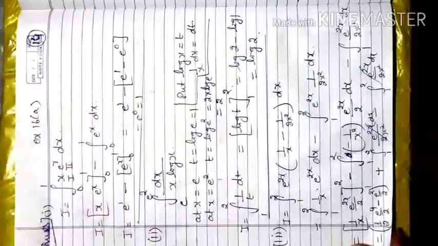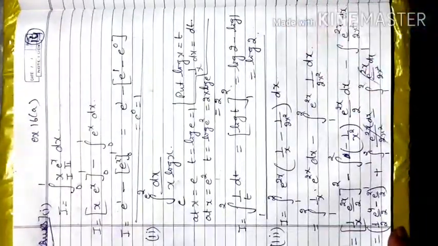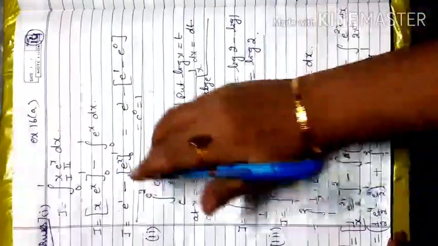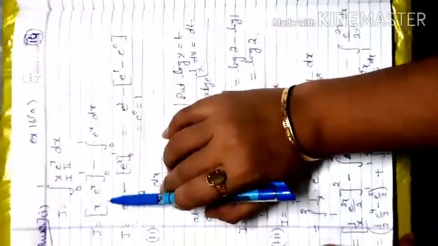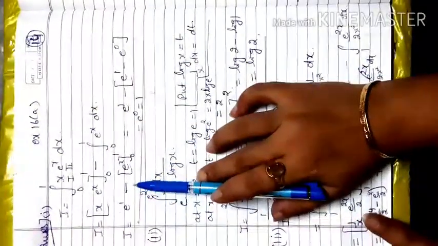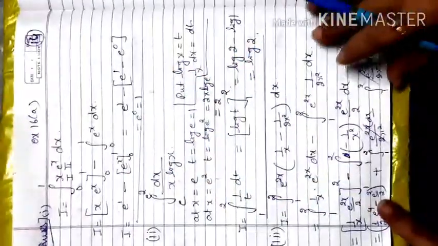Here, your first part, there is some mistake in your statement. There is e raised to power x, it is not 4, it is e raised to power x. Correct your statement. So that is x e raised to power x. When you integrate by parts, you will get e raised to power 1 here minus e raised to power 0, from 0 to 1. So ultimately your answer is 1.